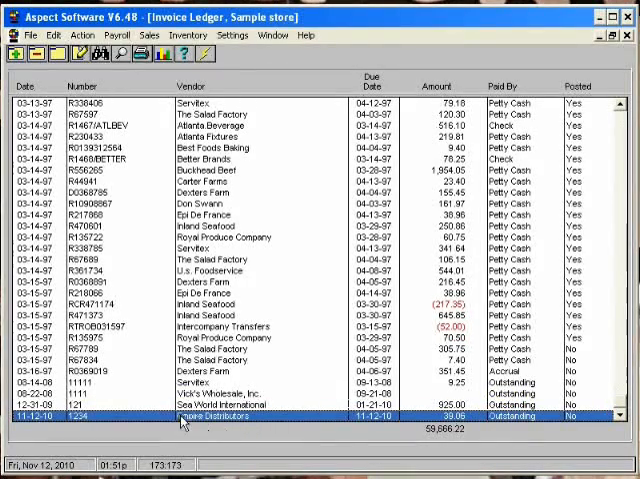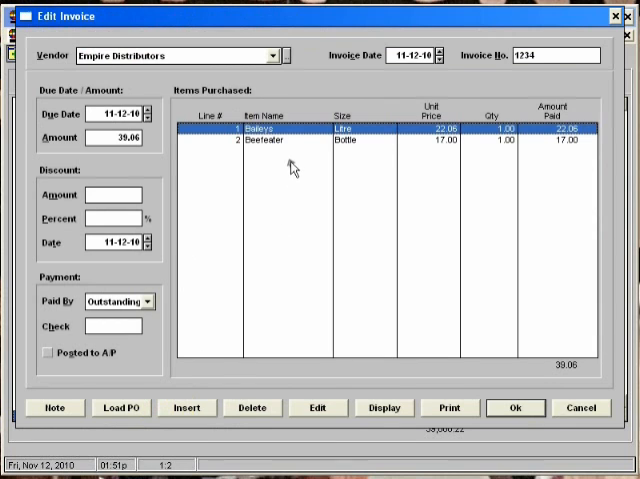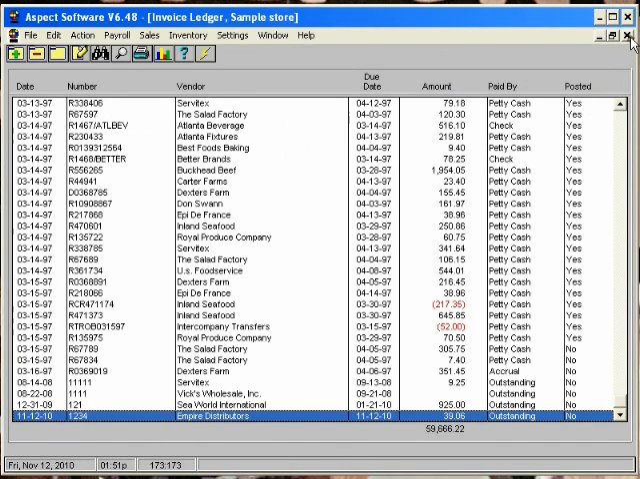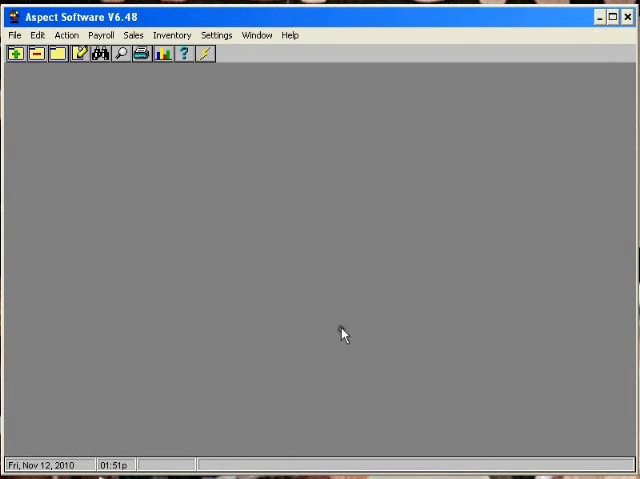And in this case, we're just going to change the price to match our items. Normally you'll match your items to your price. Then click OK, and here's our invoice in the list. If we needed to edit this invoice, because maybe we made a mistake